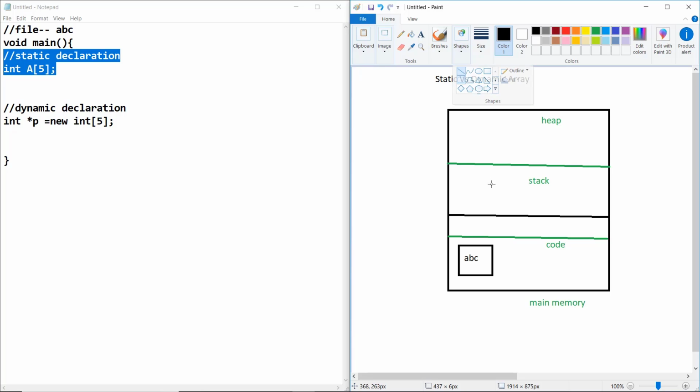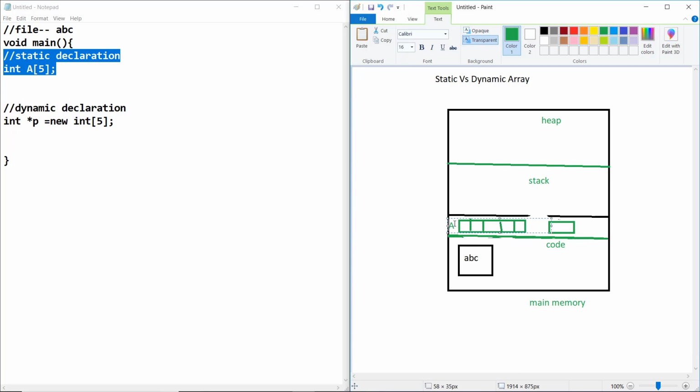It creates a block of size 3, so this is your array A, capital A, with elements 1, 2, 3.